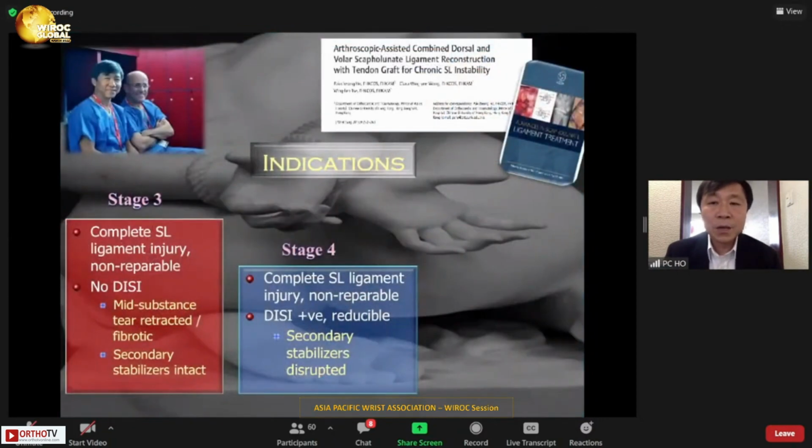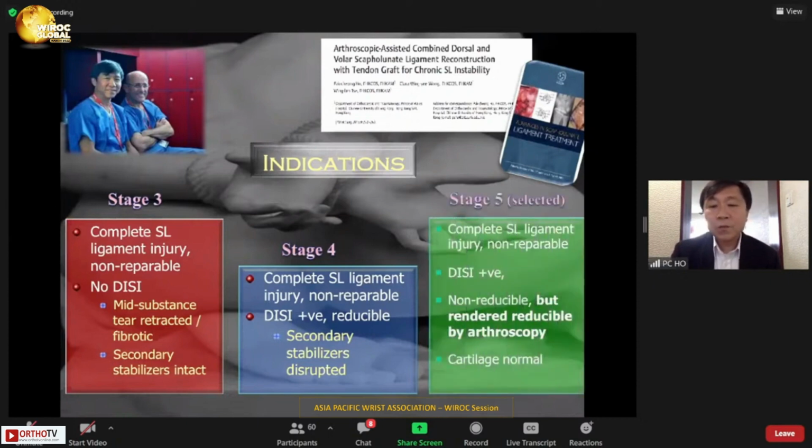So in summary, I think this arthroscopic-assisted reconstruction is very good for stage 3 and stage 4 where the DISI deformity is reducible. But sometimes when it is not reducible, with the arthroscopy you can actually make the joint more reducible, and that is rendered accessible with this surgical technique, which I still enjoy very much, and the long-term outcome is still quite